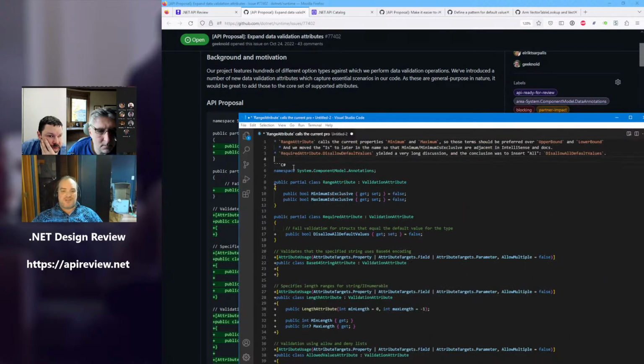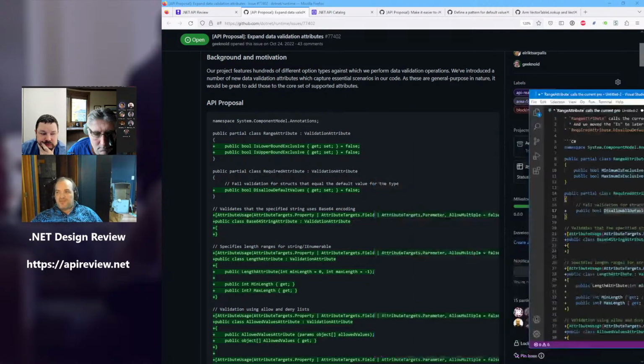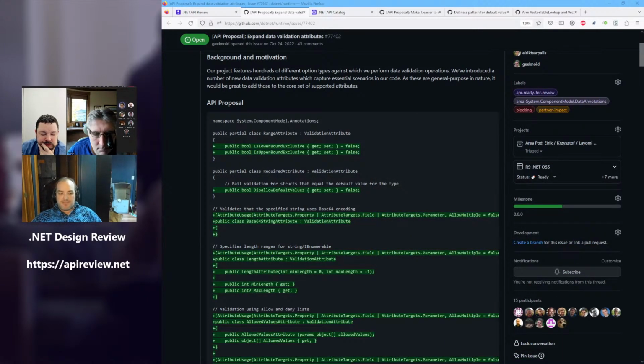No, because now it's called disallow all default values. Yes, but it hits the same intersection case. No, you apply to the base behavior. But you're saying disallow all default values false. Sure. That means you're only disallowing the default values that were previously supported by the required attribute.